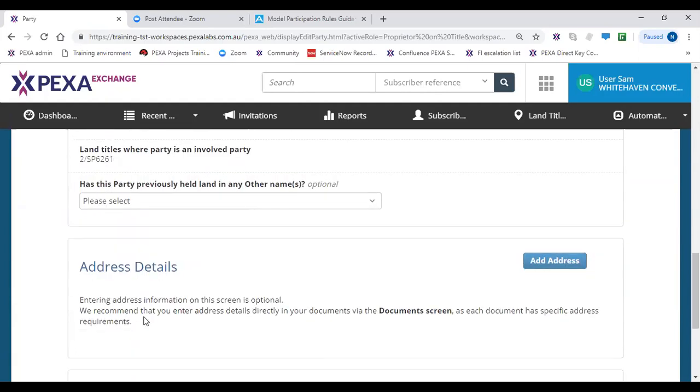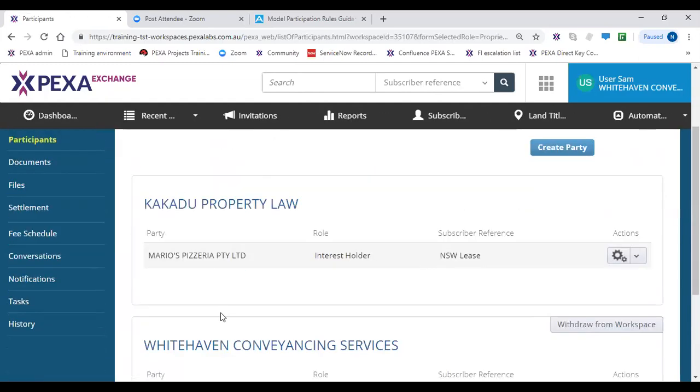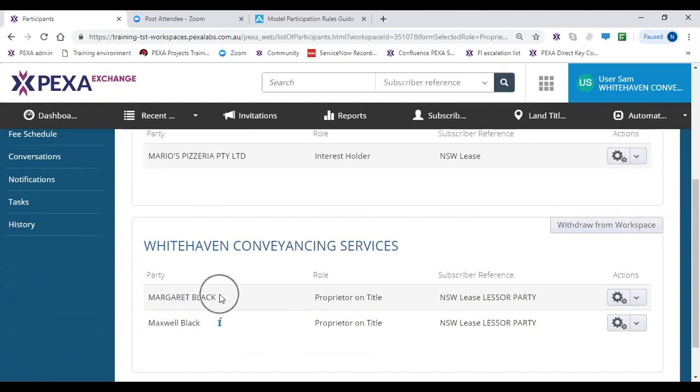No other details are required there. The address details can be populated in the actual lease document if they are required. And I'll hit save. Now I can see that that blue eye has disappeared for Margaret, and that's because I've got all of that